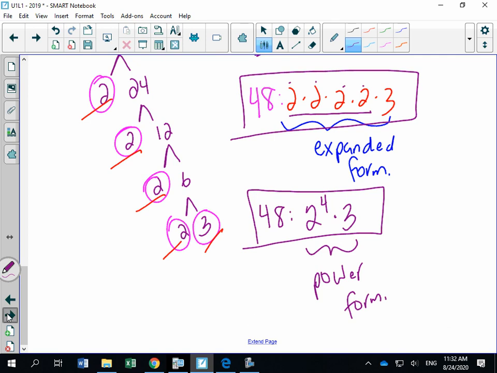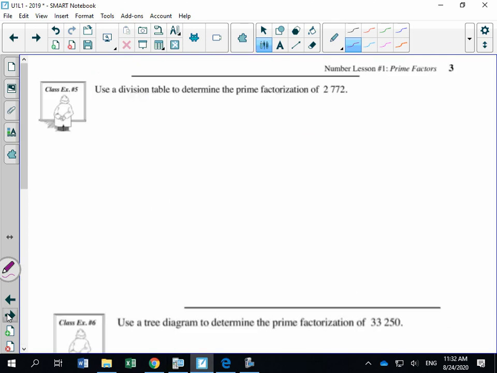Okay? Flip your page. Now, this says use a division table to determine the prime factorization. Again, I do the factor tree. So in your homework, anytime that it says a division table, you're just going to cross that out and write factor tree. I find students always get this right when they do a factor tree. Okay, so a big number this time,